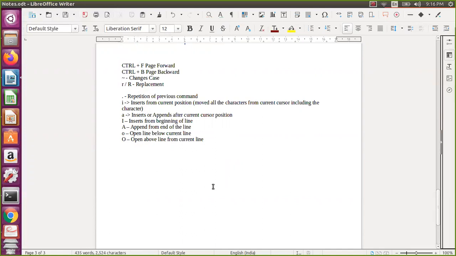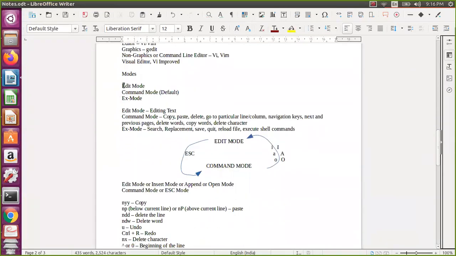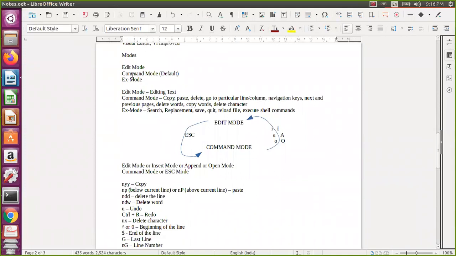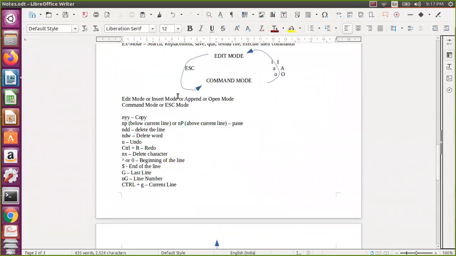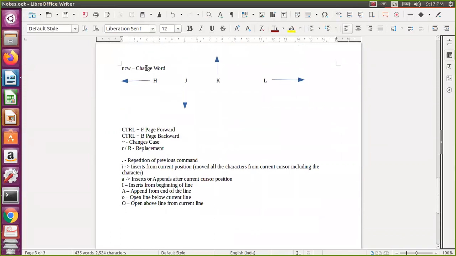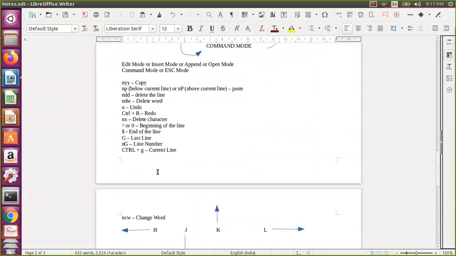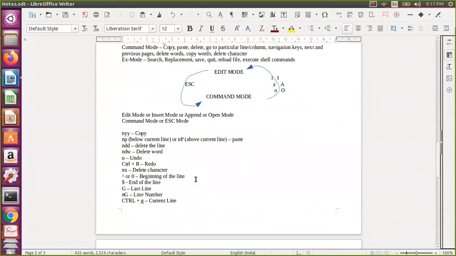Okay, so now this is about most of the things whatever we discussed actually, that will be enough. So we know that in edit mode, you will do nothing except the editing. Command mode is the default, and that is how you navigate. In command mode, we have seen line navigation, row or column navigation, page navigation, and change replacements and all. There are so many, but this will be enough 99% of the times. So now this is about the command mode.